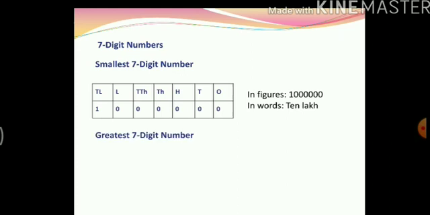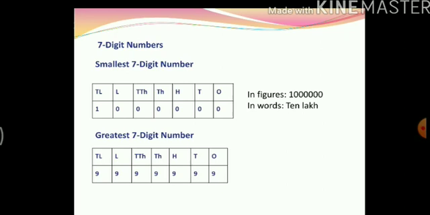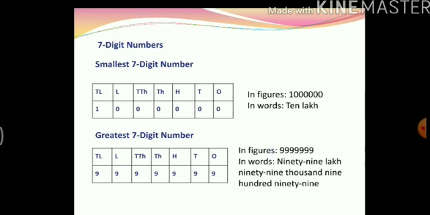And the greatest 7-digit number is 9999999. In words 99 lakh, 99,999. Now let us see some examples. Write the numbers in words. So you have a number over here